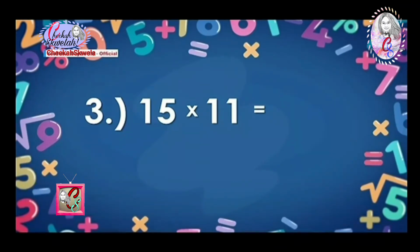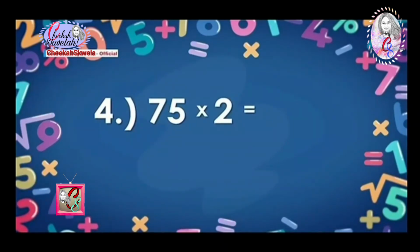Let us check your answer. 165. Number 4. 75 times 2 is equal to...